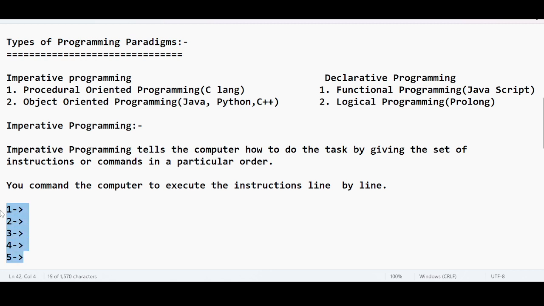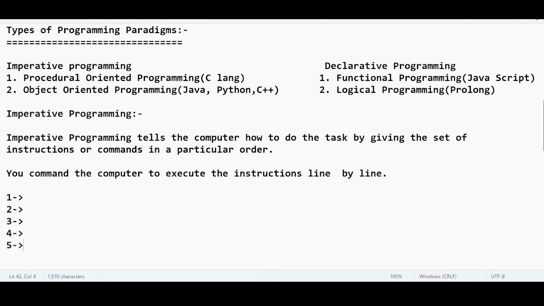This is an approach, right? When your computer is following an approach where the instructions are executed sequentially, or line by line, that approach is called what? Imperative programming, right? For example,